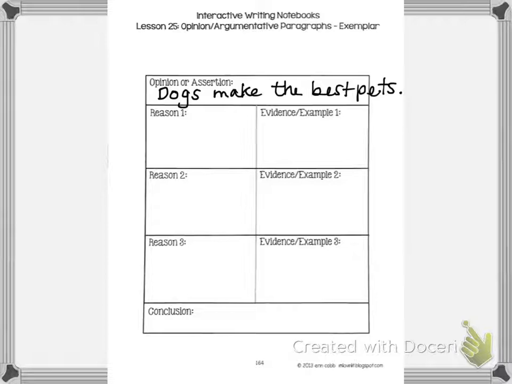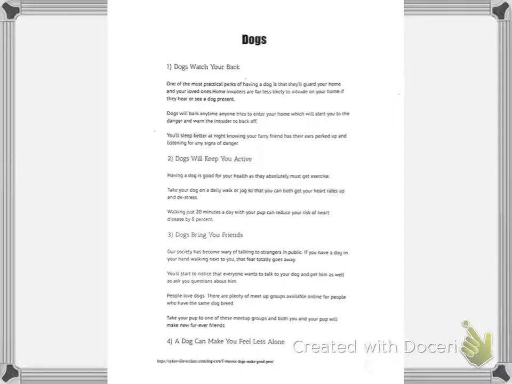Okay. Now, we're getting into the supporting part of our paragraph, and we're going to give some reasons. You have some choices to make. You read the article, and so you know that you are going to be using the information and ideas in your article to provide proof of why dogs make the best pets. So let's go and look at our article. I see the article here, and I read it, and the ideas that I thought were the strongest, that I decided that I might like to use, are, I think I'm going to say,